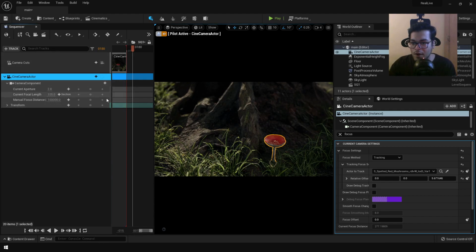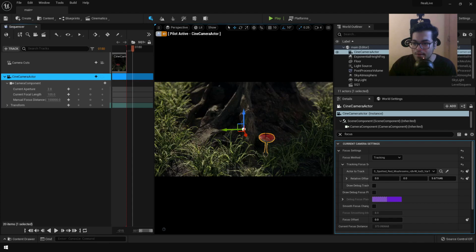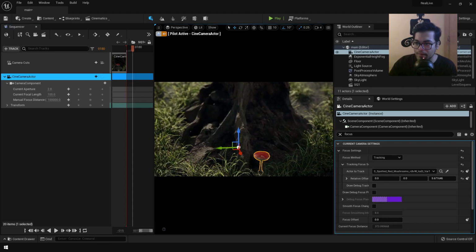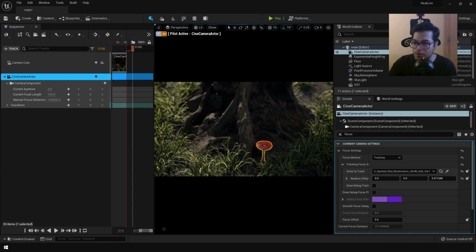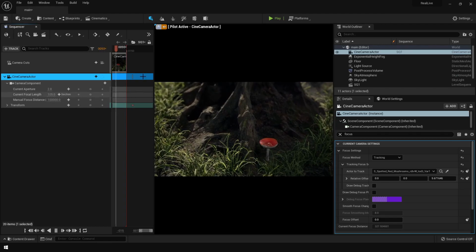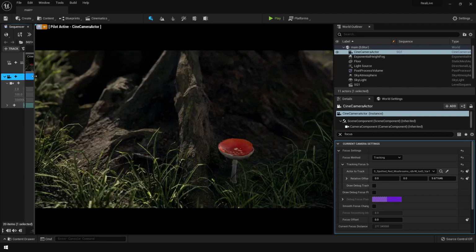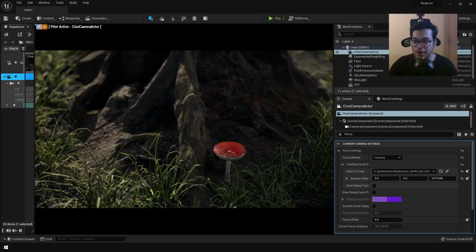And when you are on frame 180, move your scroll wheel and you can zoom out. And you can reposition your camera if you want. So once you have changed the position of the camera, you can add another keyframe. And this is going to create a basic zooming animation. So you can pretty much use this in your games.